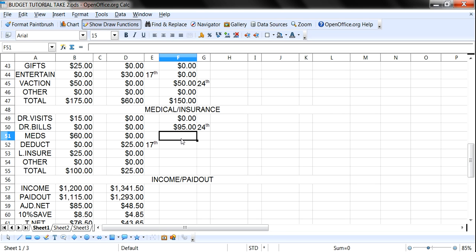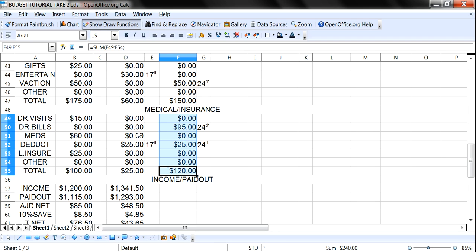We have no meds right now, so let's put 0. Let's say we're going to put another $25 for a deductible. We'll do that on the 24th. Okay, center that up. And then 0 on the life insurance. Let's sum up our column right here. Highlight, go to the sum tab, and we have